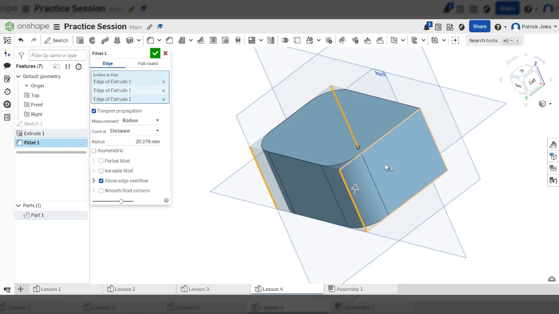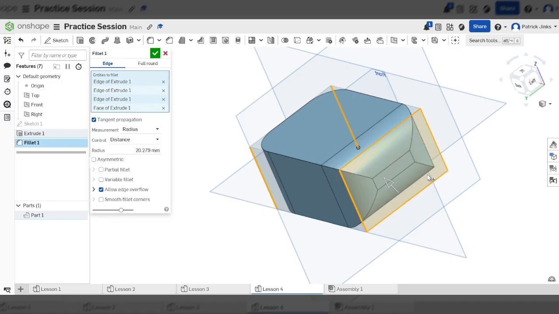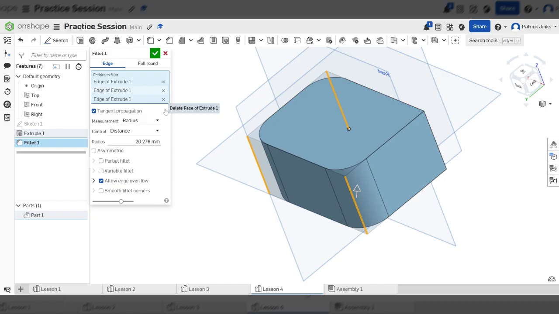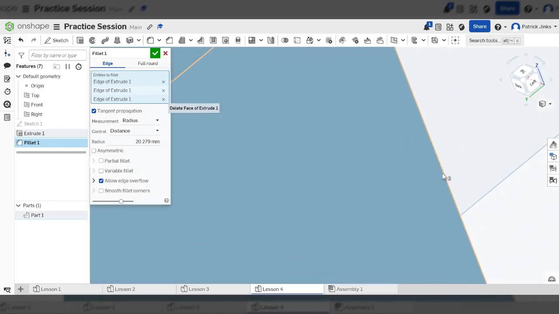If I click the face, the whole thing gets filleted. Every edge attached to that face gets filleted. If you do that by mistake, just go into the dialog box and click the X on the bottommost entry. You can zoom in, make sure it goes yellow or orange,